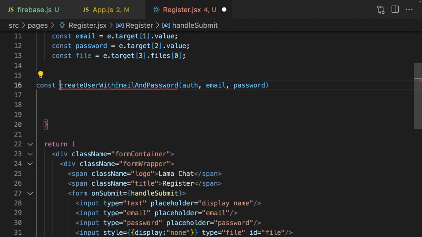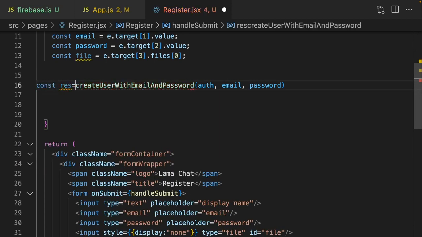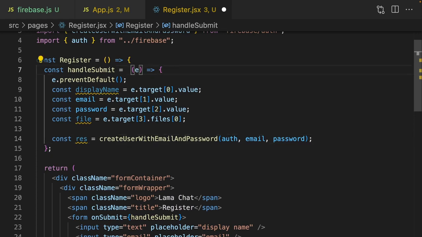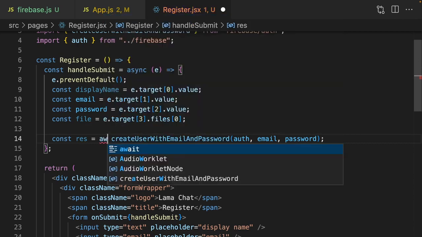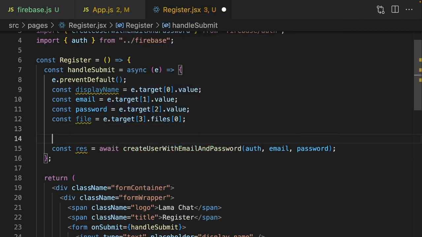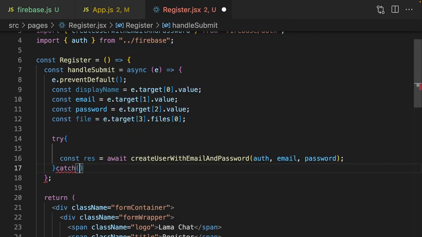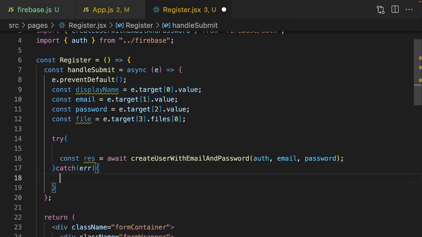And I will say const response. Of course, it's an async function. So let's write here async, and we are going to await our user here. Of course, we can write here try catch block. If there's an error, we can console log, or we can basically create here